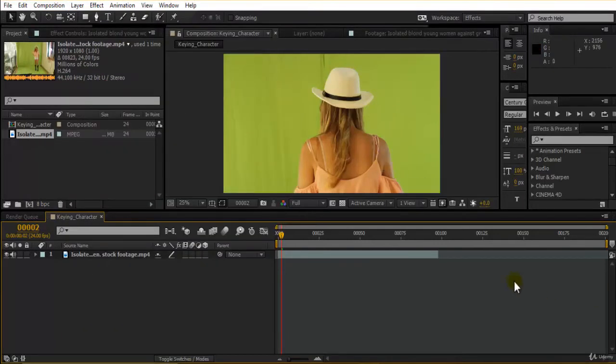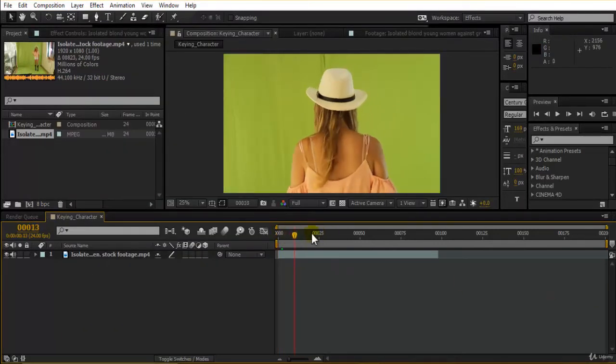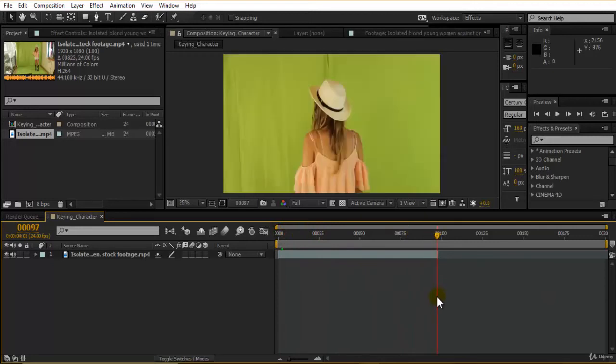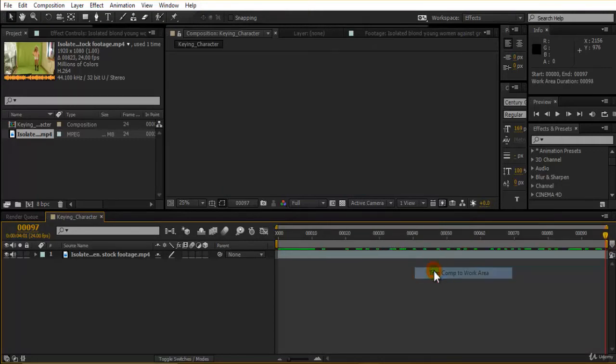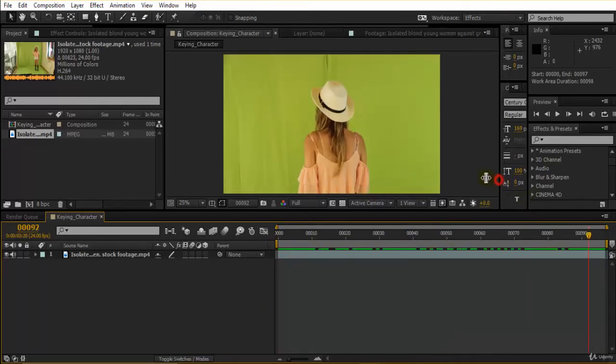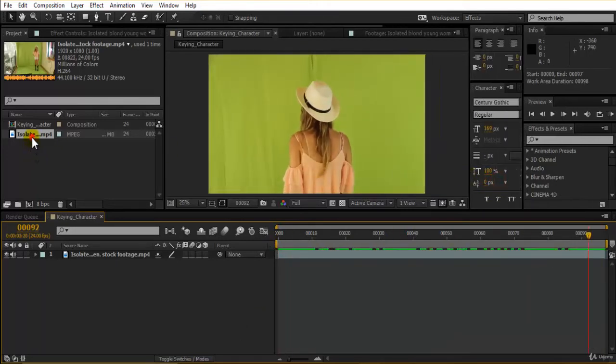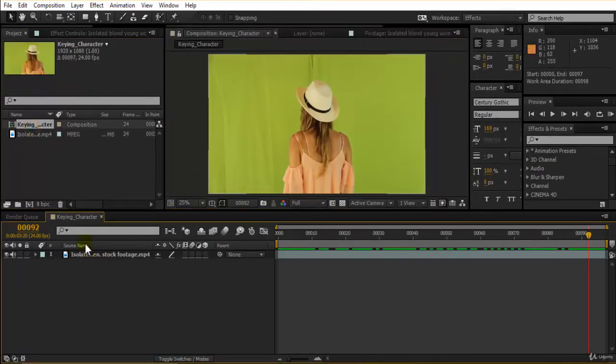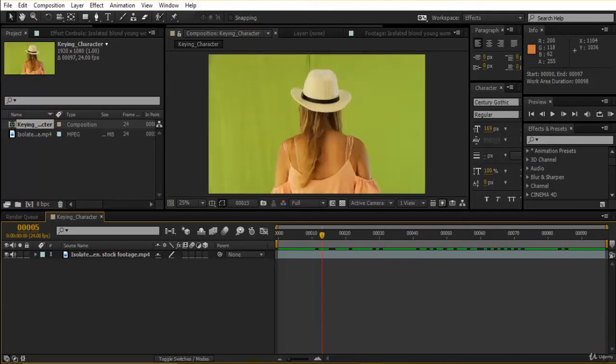Yeah, so that's fine. Now, as you can see, we have taken the right things from here. So I'll take this right up here, and then right click, trim comp to work area. This gives me the flexibility to work only on the frames which I want to. The rest of the things will not appear anymore, in spite of the footage duration being too long. So I'll just go here, and this is my keying character over here. I'm totally satisfied with my composition.